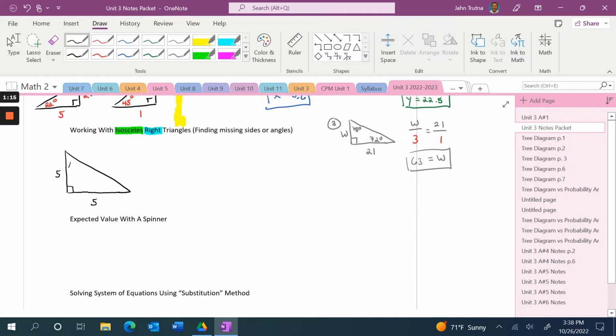And we're going to solve for various variables in each one of the problems. Let's go ahead and solve for x and y in number 1. And then in number 2, let's go ahead and solve for